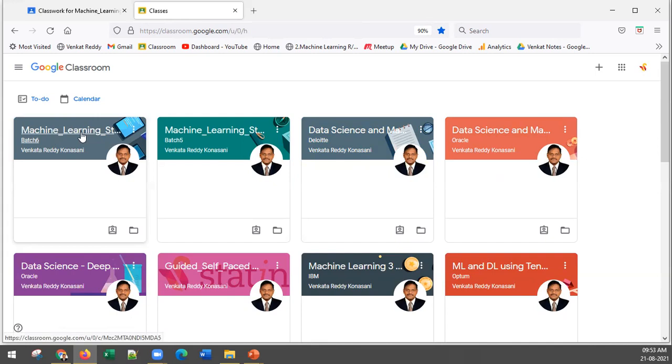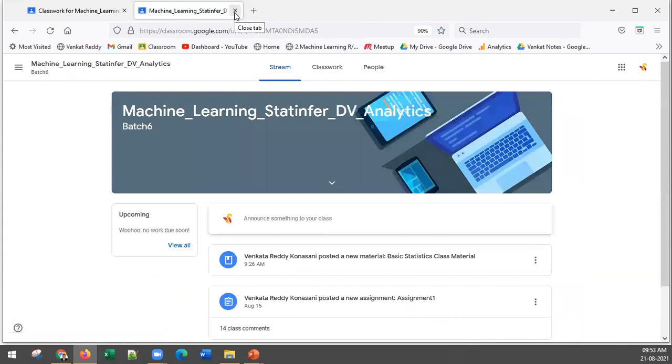You're already inside this, is it? Chandra Prakash? Yes. Okay, you clicked on this. That is a classroom. So that's how you get into classroom. What I'm trying to say is you do not need the link every time you want to access the class file. Since you're already enrolled into the classroom, next time onwards, directly you can access it. Tomorrow or day after, even like this is lifetime access.